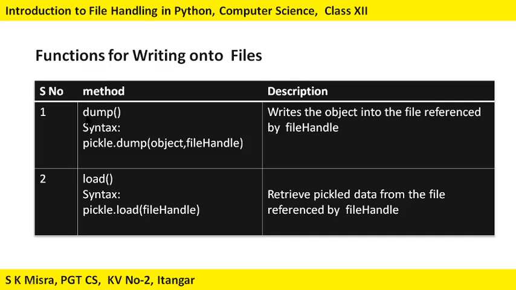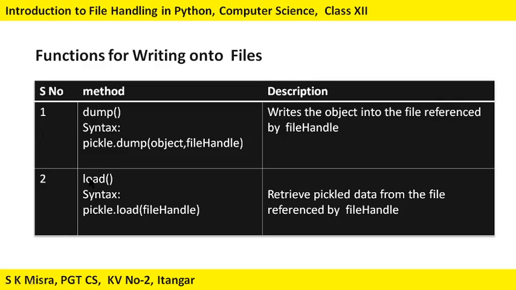So what functions are we going to use from this pickle module? We are going to use basically two functions. First is dump, second is load. The syntax of using the dump function is pickle.dump, and it takes two arguments, the object and the file handle. The object itself, what I want to write, say it is an integer, a string or a list, whatever I need to write, comma, the second argument will be the file handle or the file object in which file I am going to write the object.